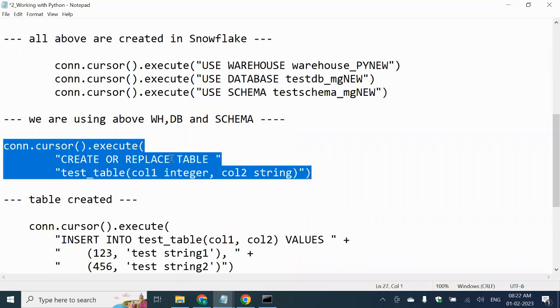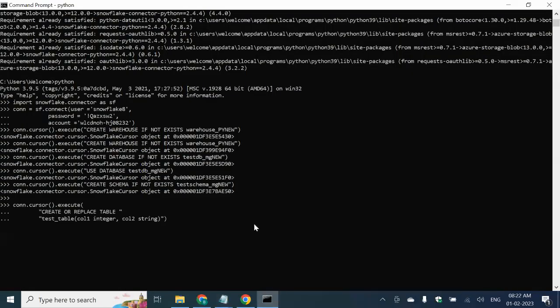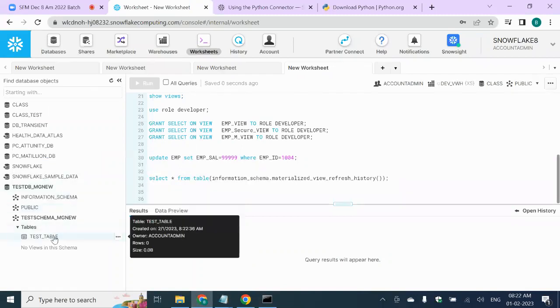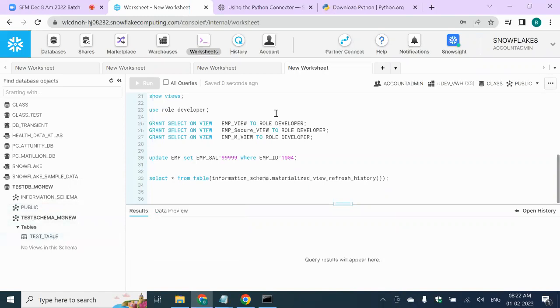Connect.cursor.execute, we are creating a table name with column names and data types. Now let's observe whether the table is created or not. See this one, the table is created, right? The table has been created here. And at the same time,